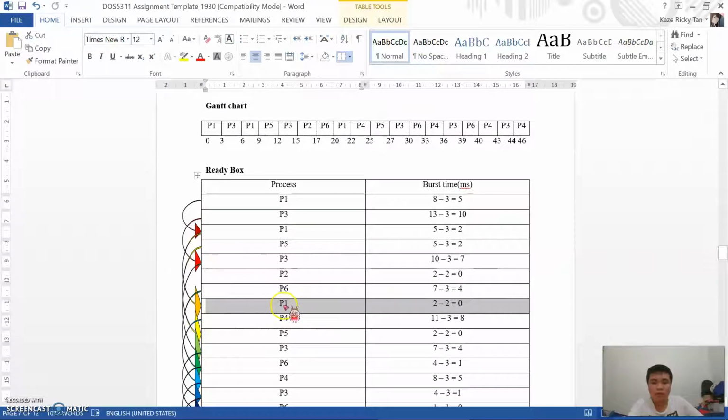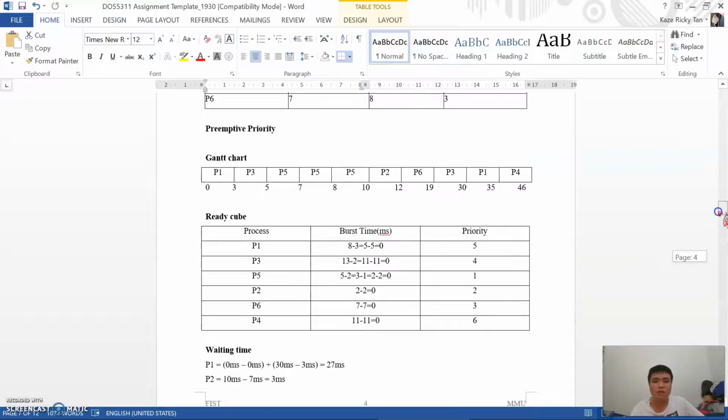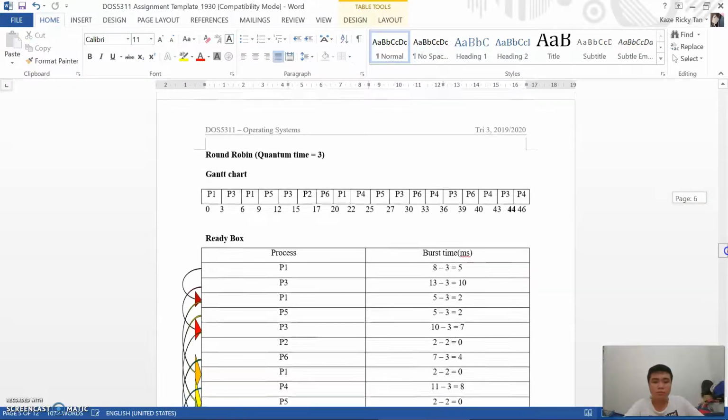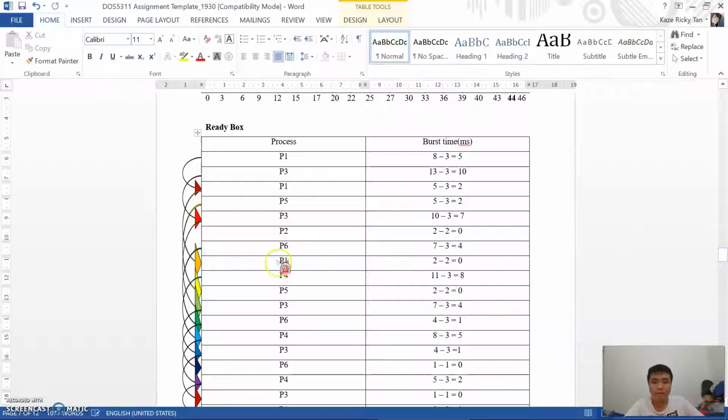When you bring it down here, this is the newest location of P1 in the sequence for execution. So after that we need to execute P5. P5 runs from around 9 milliseconds to 12 milliseconds. So around this time P4 arrived. We know that P4 arrived, so we need to